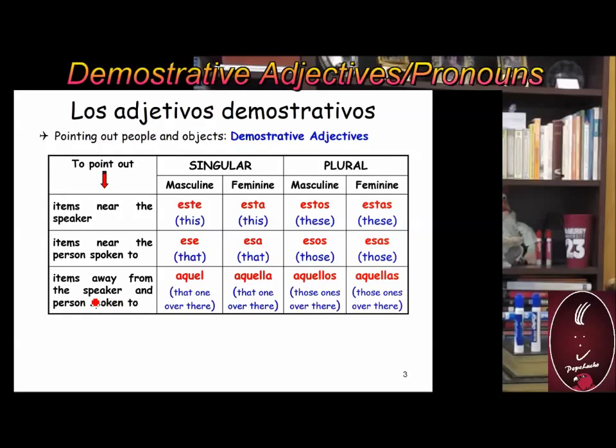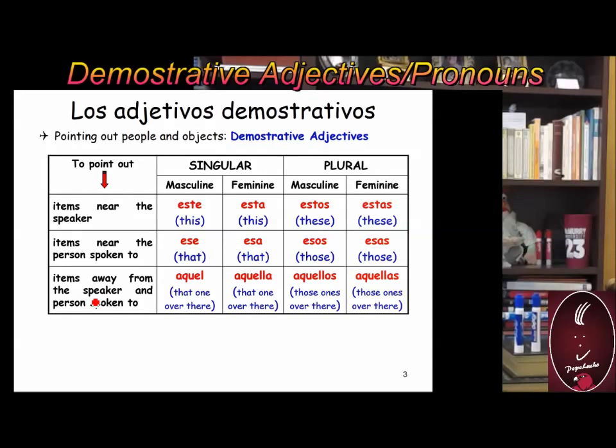In my example, I'm going to use those markers. To point to the one marker, the red one, I will use aquel marcador